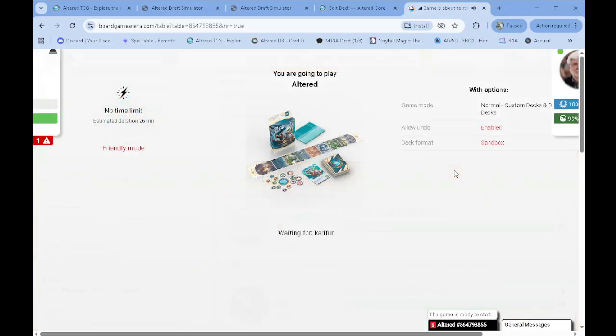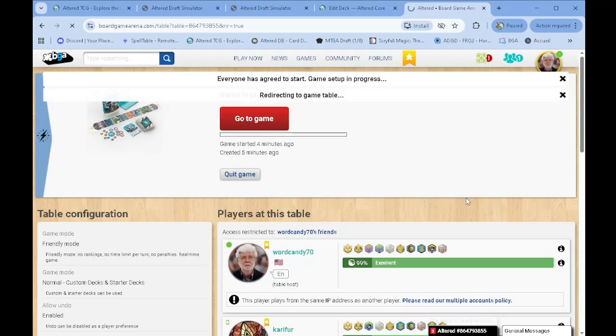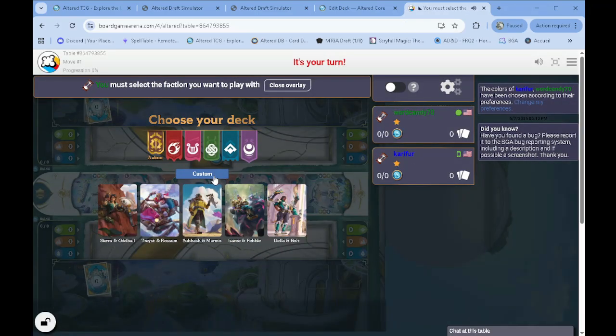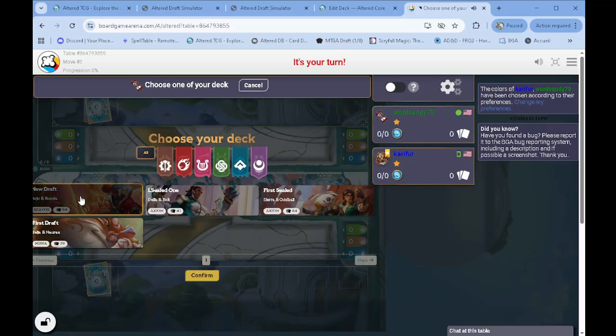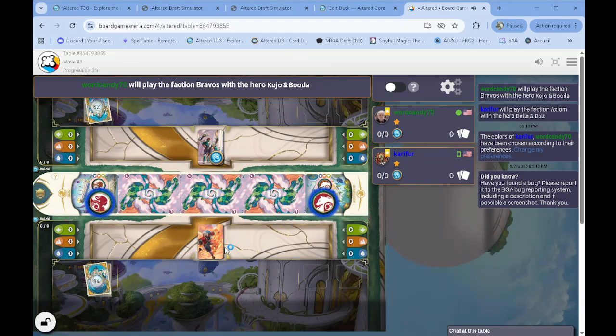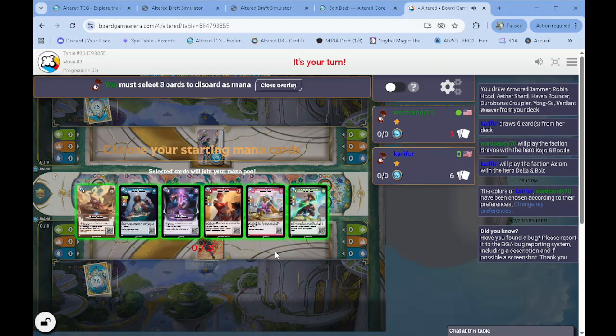Just click on that start the game. Both players are now ready to go and ready to jump in. And you'll now see that custom option here that allows you to see all the decks that are currently valid in this one. Here's that deck that we created, the new draft. And once we click on that, you get the nice ringing sound, and confirm that. And of course, we have every card that's in our sealed pool here, but we're not going to want to play with that kind of a deck to begin with,